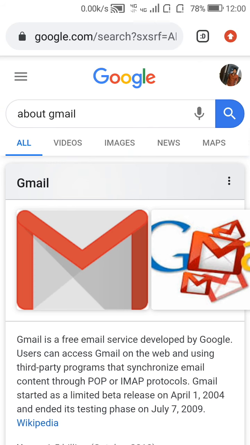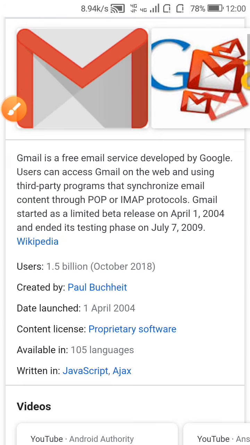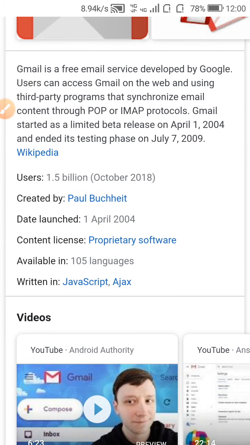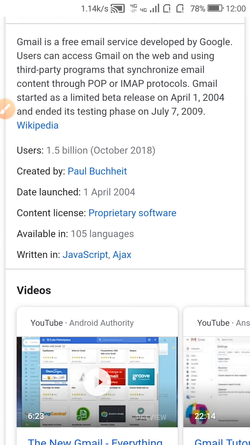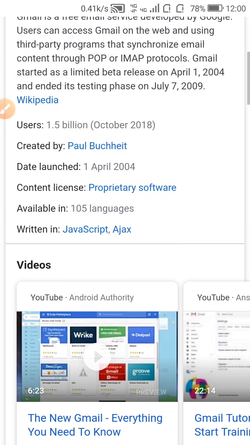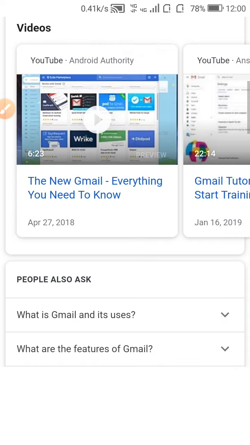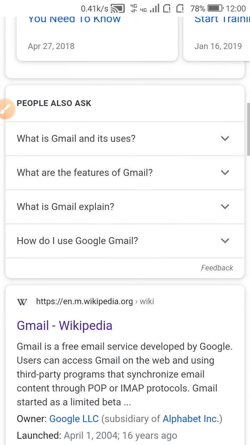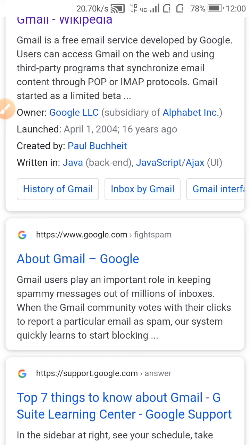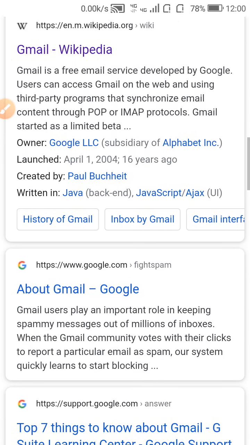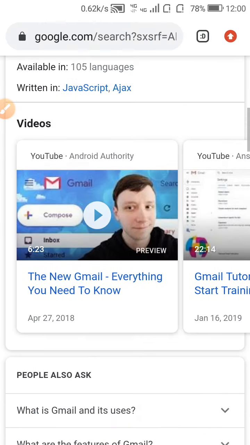It is all about Gmail. About Gmail means Gmail's creator, date of launch, availability, Gmail users and Gmail functions, shown in Wikipedia and YouTube videos about Gmail.